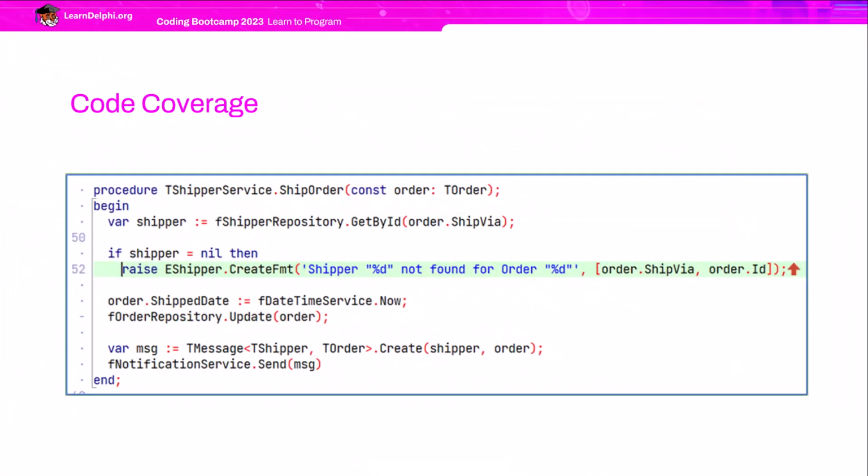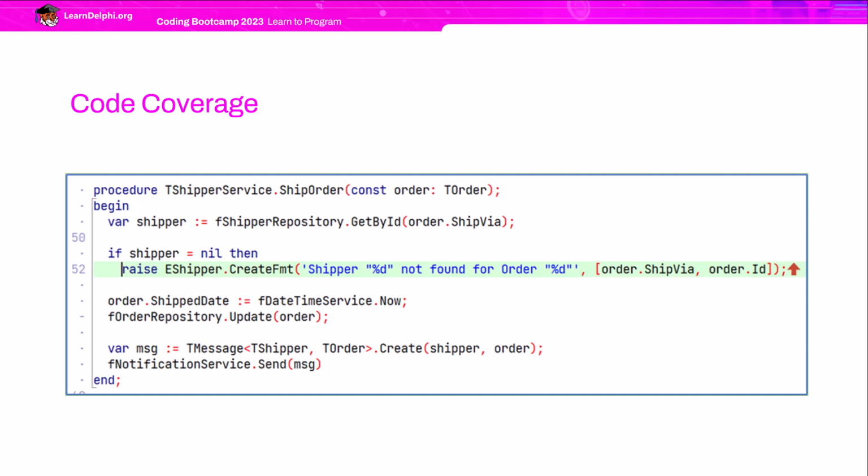High-quality unit tests should cover as much of the code as possible. This means that if a method contains if, else, loops, case statements, or exceptions, we should create test cases for each of these possible flows. Now, let's closely examine the method being tested to ensure we're truly providing comprehensive coverage for all the flows.